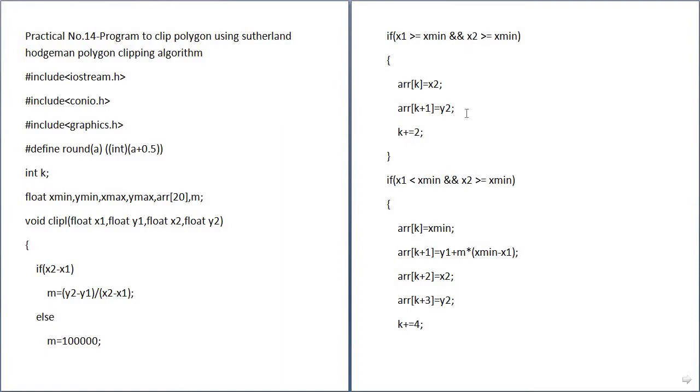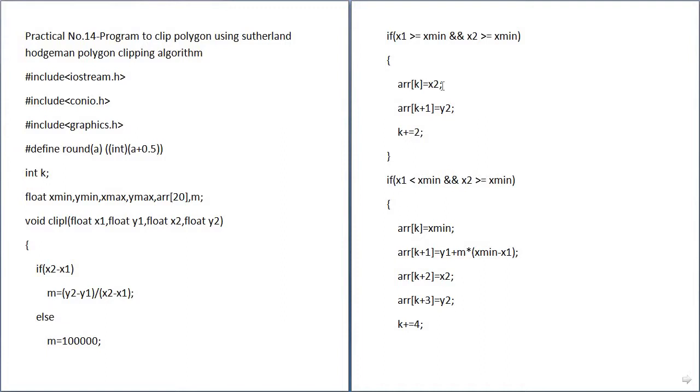If this condition holds, then here we put the values in the array of k, using the global variable. Array of k is equal to x2. There are 4 conditions, that is we check for inside to outside, outside to inside, inside to inside, and outside to outside. These 4 conditions we have to check in the Sutherland-Hodgman polygon clipping algorithm.